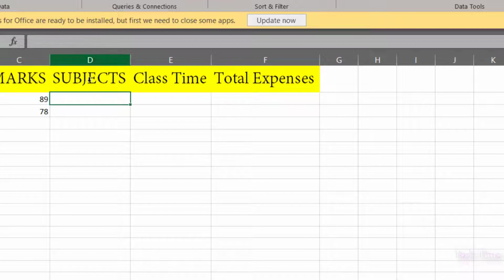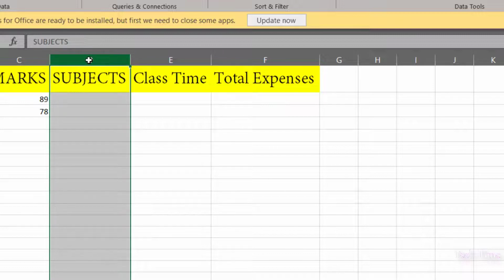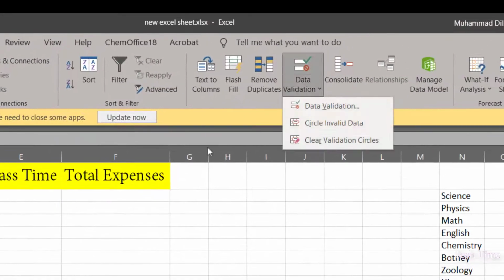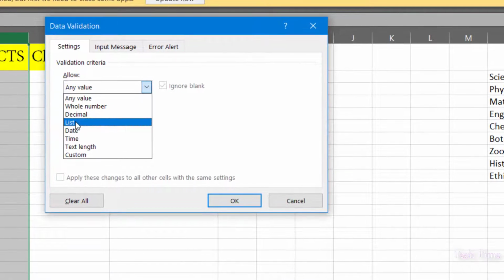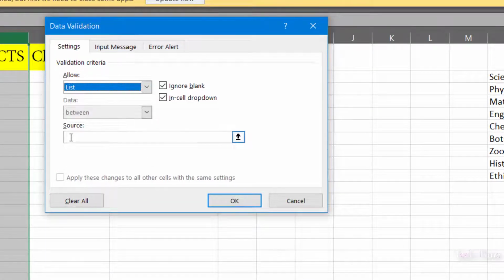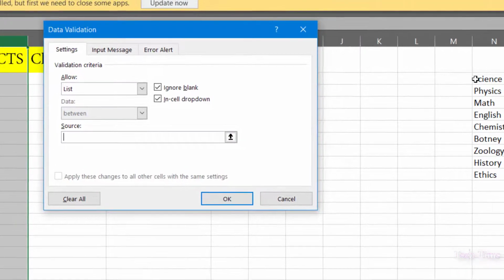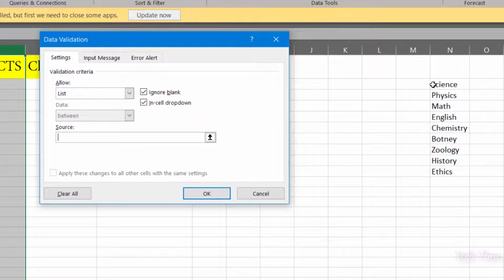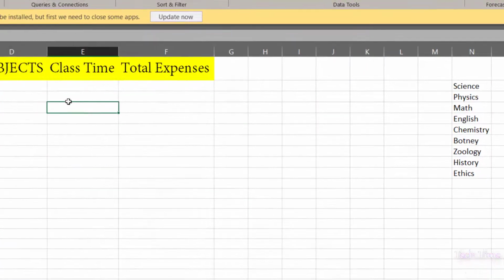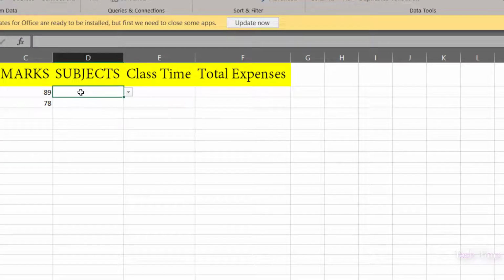Let me select the subjects, go to data validation, and here from the drop-down we are going to select list. First, you need to define the source. We have our subjects over here. You can also have these subjects on some other sheet as well. I would select all of these, click OK, and now if you click in the first cell, you can see